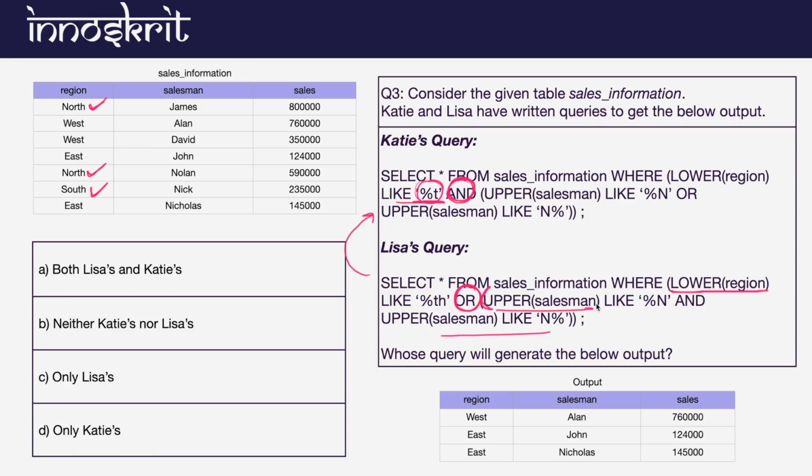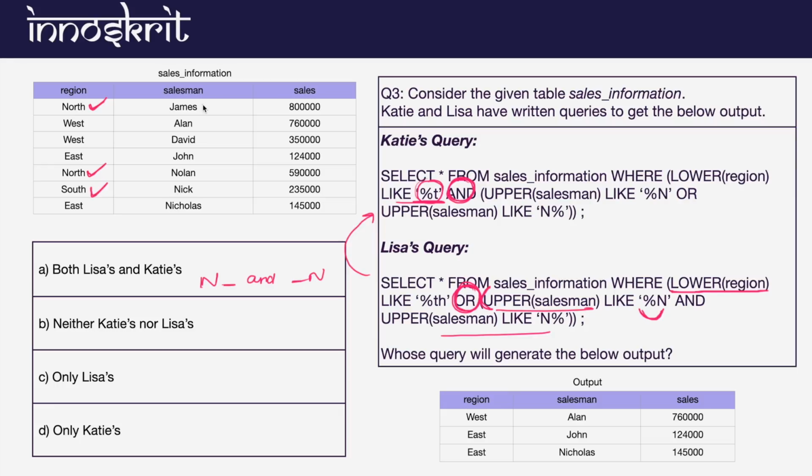So let's try to understand this one. Now in this case it is saying that we will be considering all those values which are ending with N and also starting with N. Salesman ending with N and starting with N means both conditions have to be satisfied. But you will have to look at all the values because this is the OR condition, right?